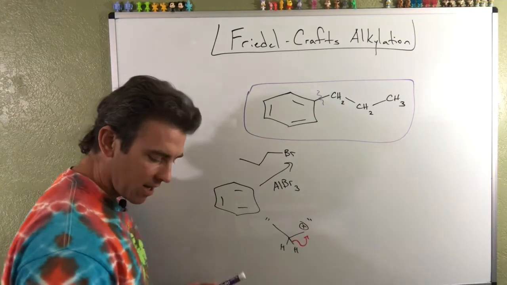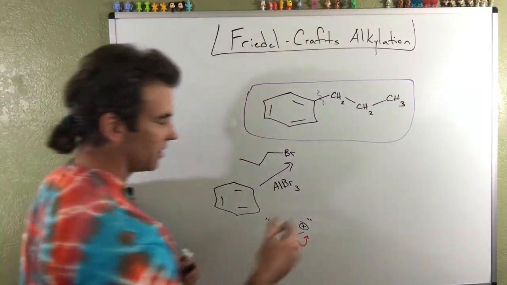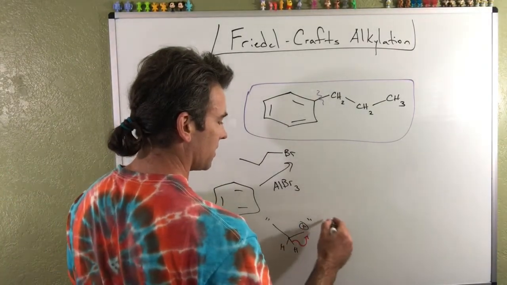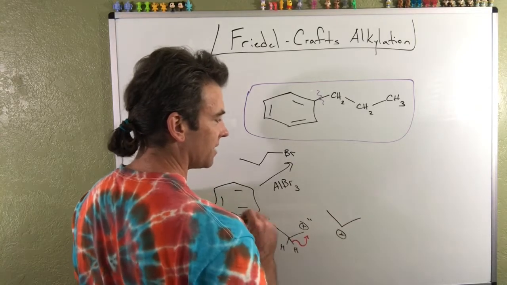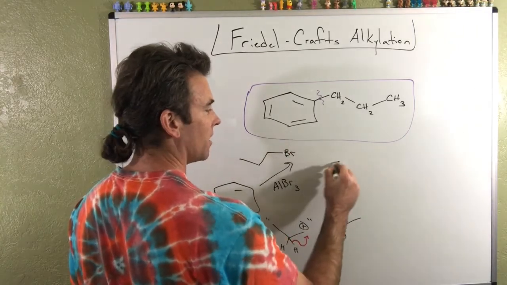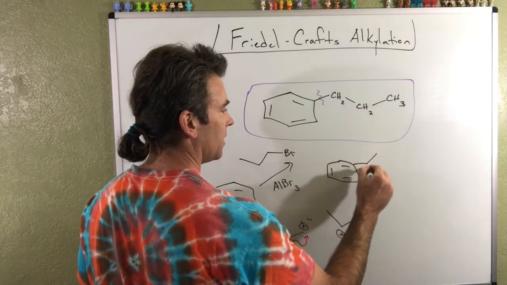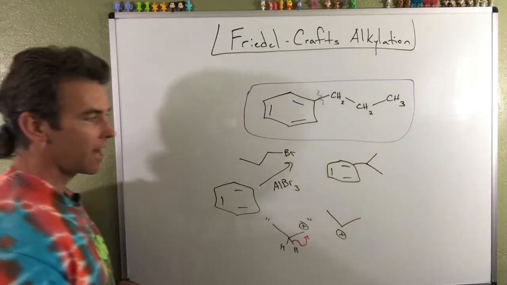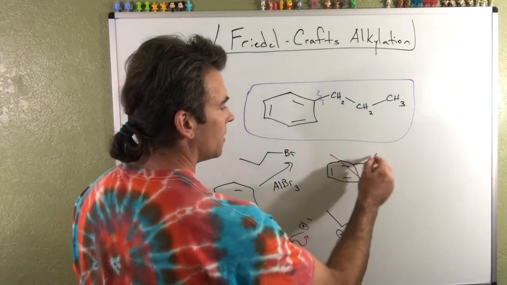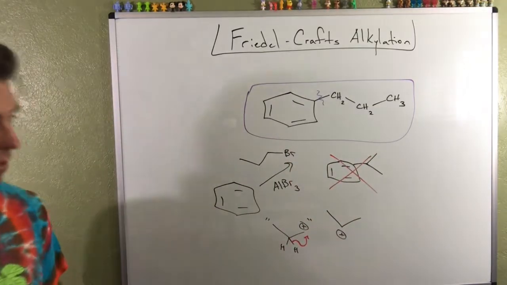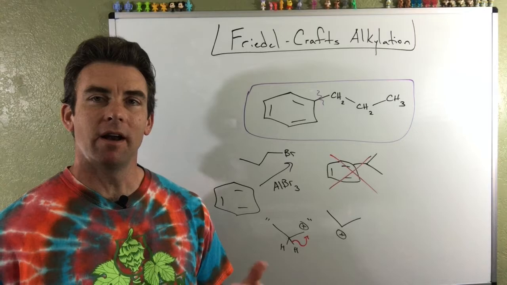And so the product that we would actually isolate from a reaction like this would be consistent with the carbocation looking like this, such that instead of getting this product, you would very likely get a rearranged product that looks like that. And of course, that's not what we want, right? So there has to be some way to work around this, because it's such an efficient